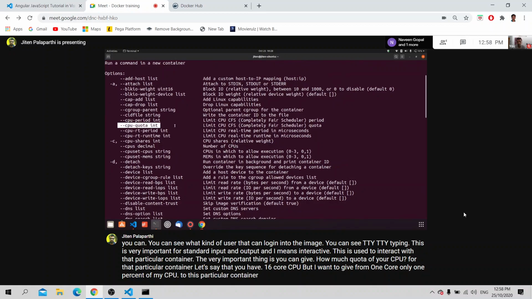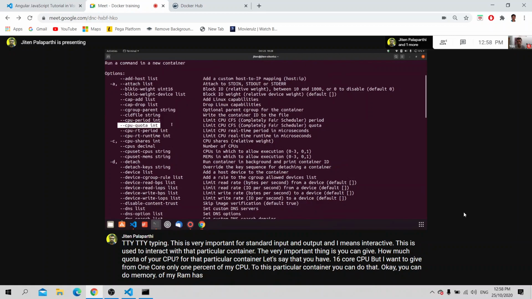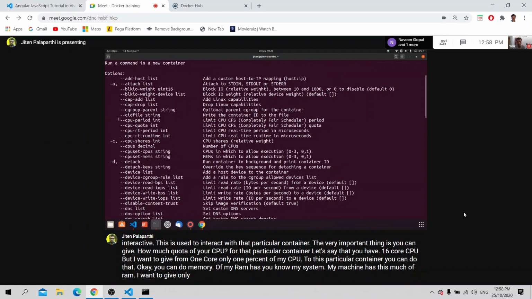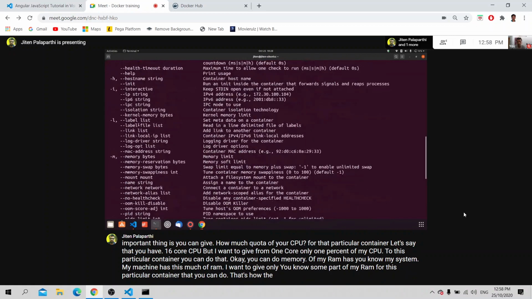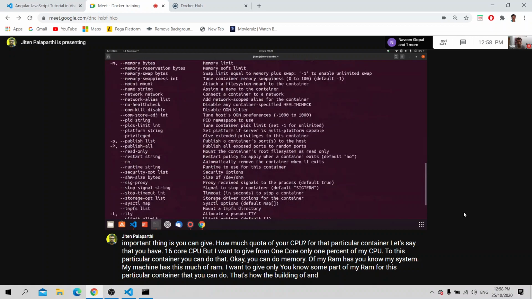You can do that. Okay, you can give memory. My machine has this much RAM. I want to give only some part of my RAM for this particular container. That you can do.